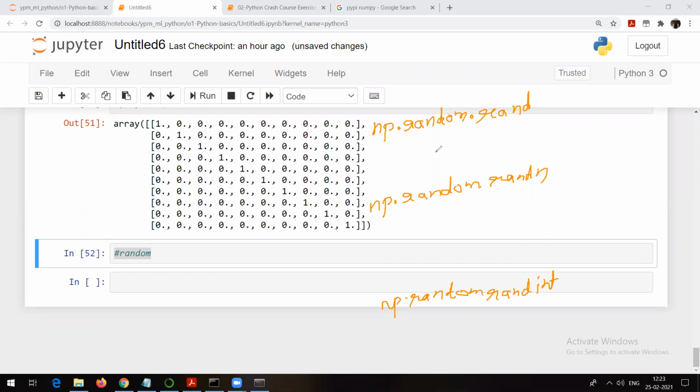Now, what is the meaning of this? So np.random, that means obviously it is going to generate random numbers in the array. But what type of random numbers? According to rand. Now, what is this rand? It is going to generate random numbers from a uniform distribution. What do you mean by uniform distribution? Whatever values this method generates, all of them are always between 0 and 1. That means all values are going to be positive.